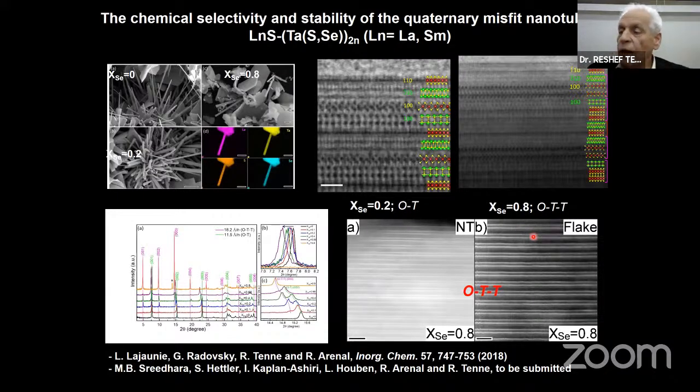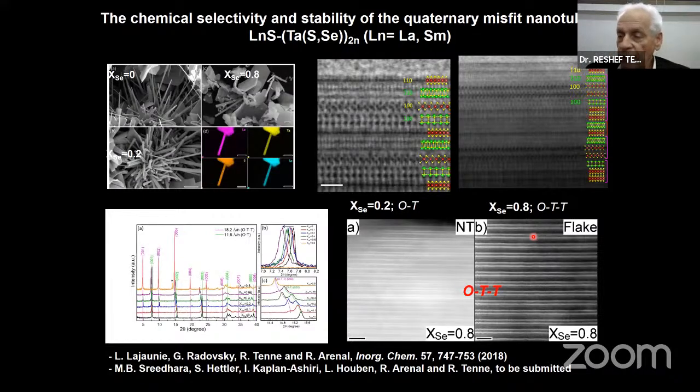So when you go beyond a fraction of 0.8 of selenium, there is not enough sulfur to bind even to the lanthanum, and therefore the whole structure disappears. There is no more misfit compound there, and instead we see tantalum disulfide or tantalum diselenide nanotubes or flakes, etc. And so this study demonstrated that at almost 900 degrees, we get a